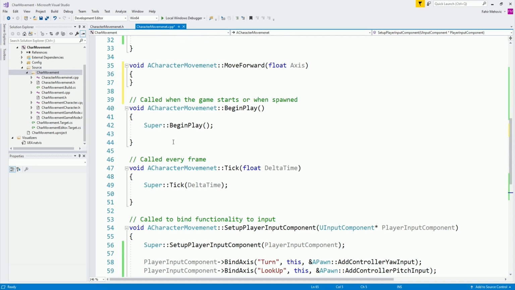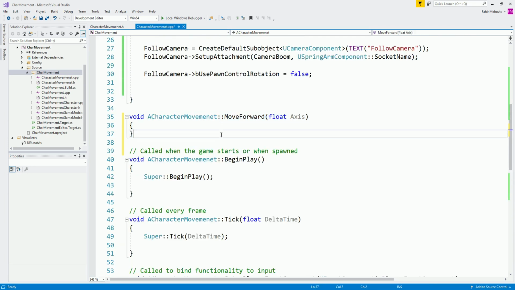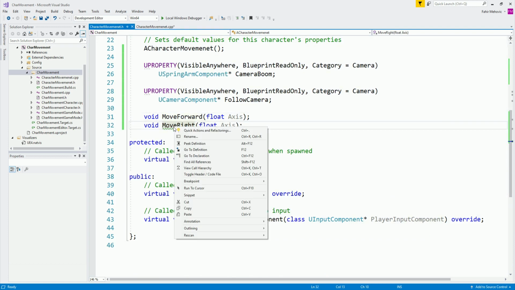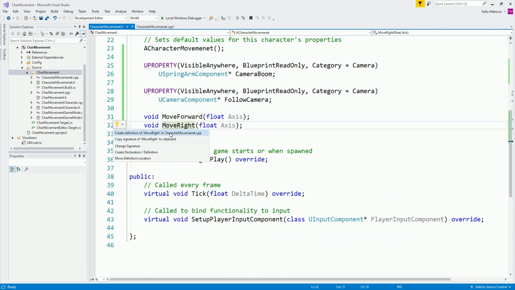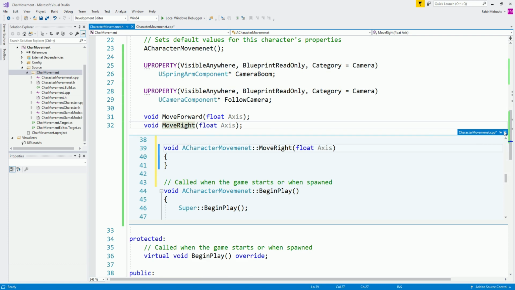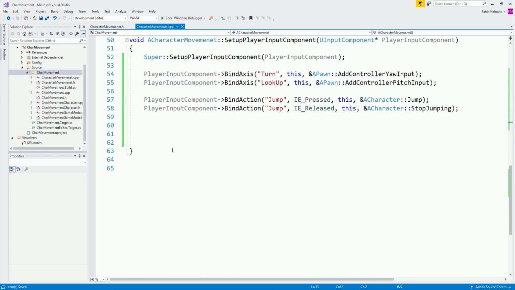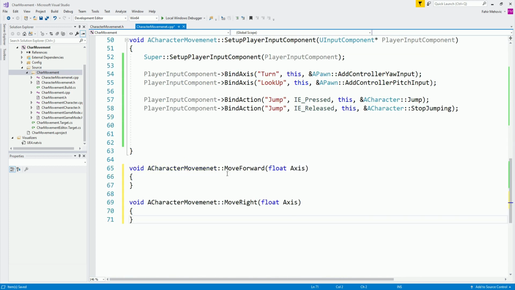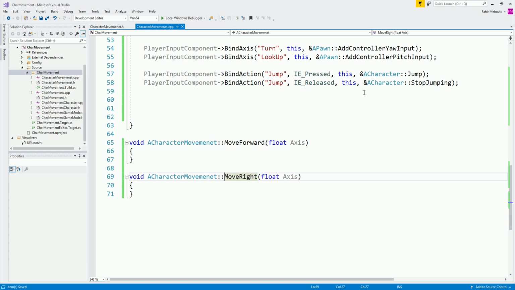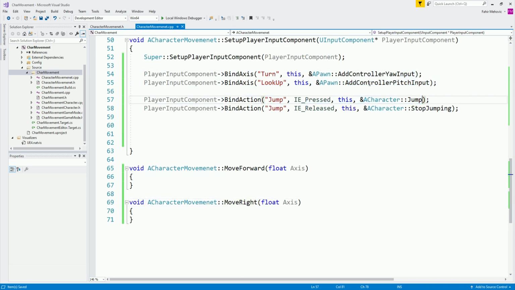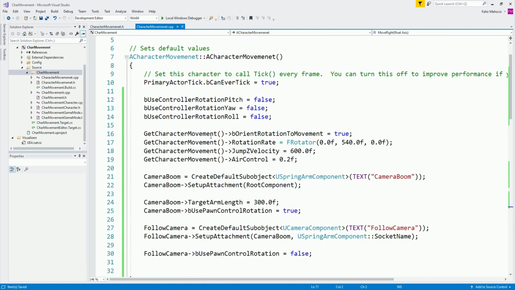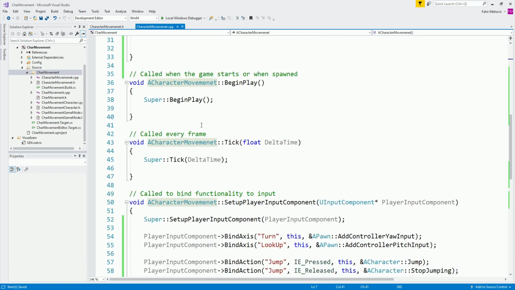And here it is. Here is our move forward. Let's do the same thing with the move right. So right click, actions and refactoring, click on here, and there you go. So now we can go back over here. I'm going to take this and copy it, and I'm going to paste it right here below. So now we have the move forward and move right. So same as how these functions are declared, this one is in the pawn, this one is in the character. These are now declared in my script over here, which is called character movement,